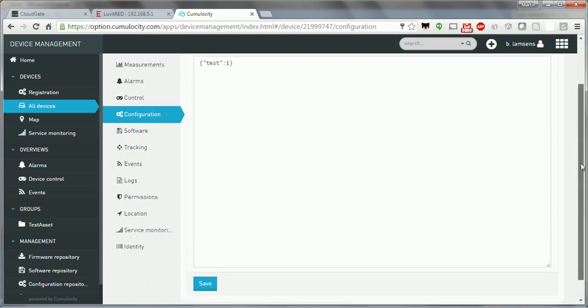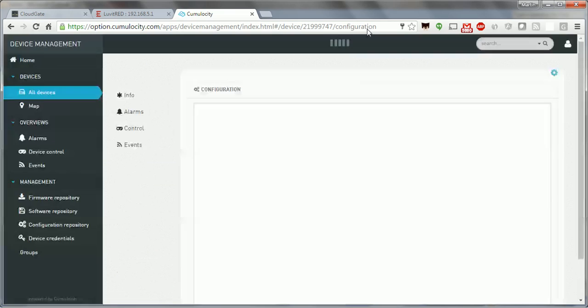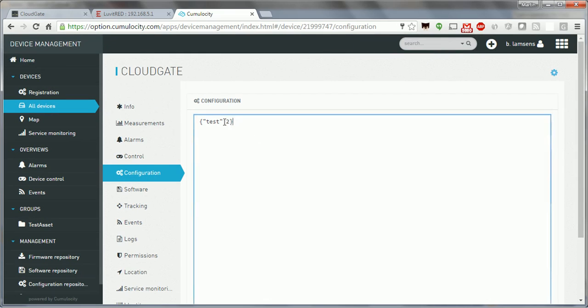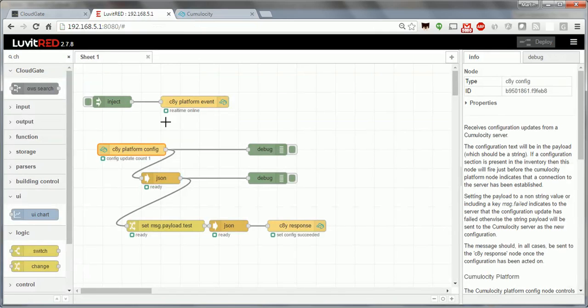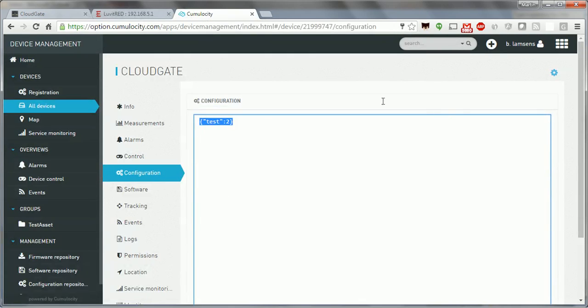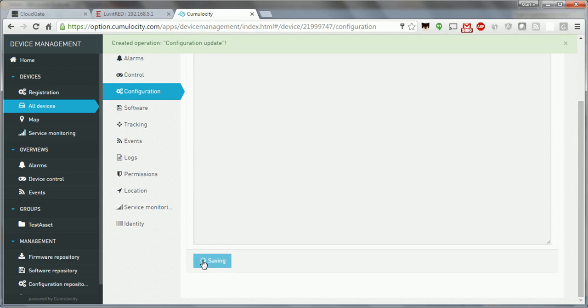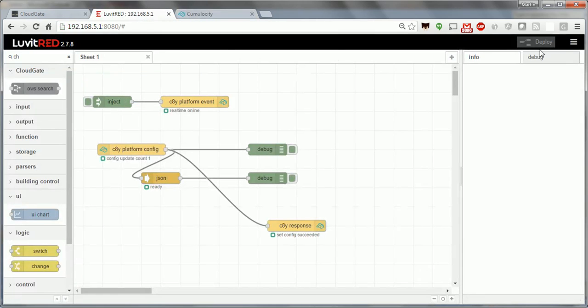The configuration has been saved, and if I refresh my page here, you'll see that actually the configuration that was saved was test 2. Now obviously I don't have to change this configuration. I could have sent the string directly back. Forget all of this complexity. Just send exactly what I got back to the server. Here I'm sending test 2, save that, and you can see, going to